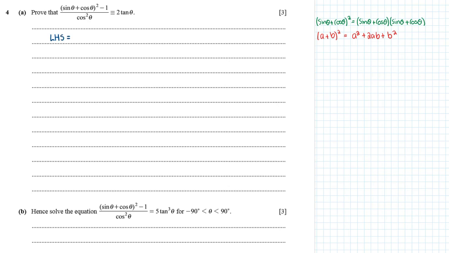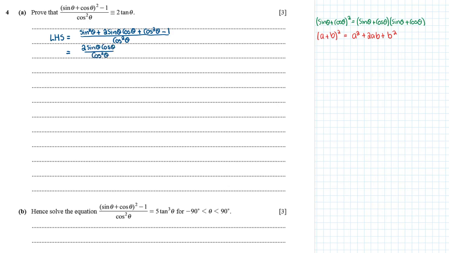So let's do that, and we will get sine squared theta plus 2 sine theta cos theta plus cos squared theta minus 1 on the numerator divided by cos squared theta on the denominator. Okay, sine squared plus cos squared is a rule that we know equals 1, and so we end up with 1 minus 1. Well, that's just 0, so they all disappear,